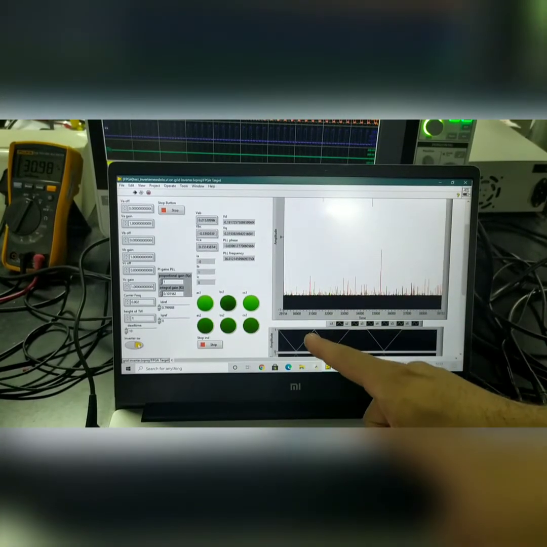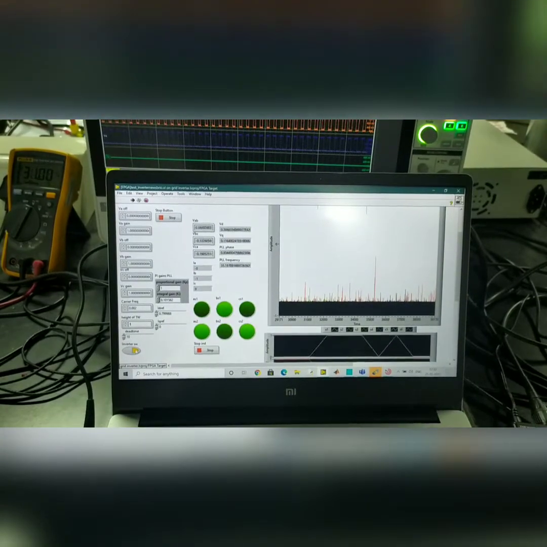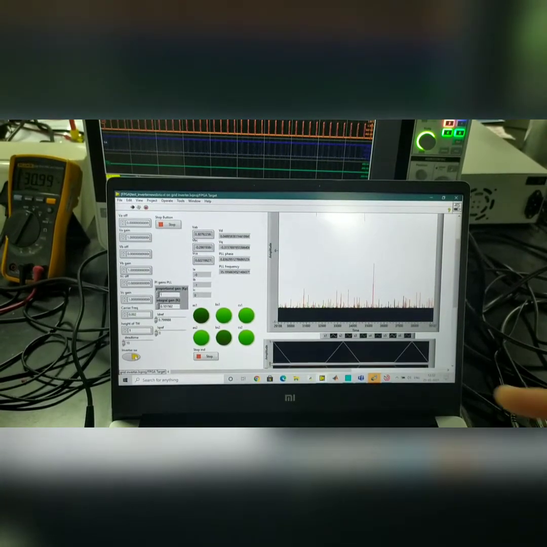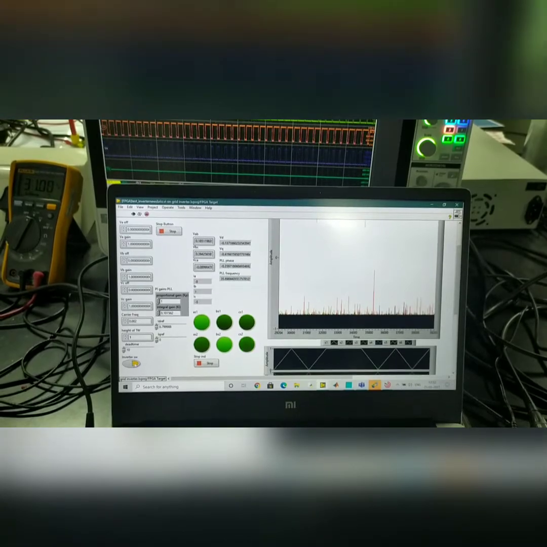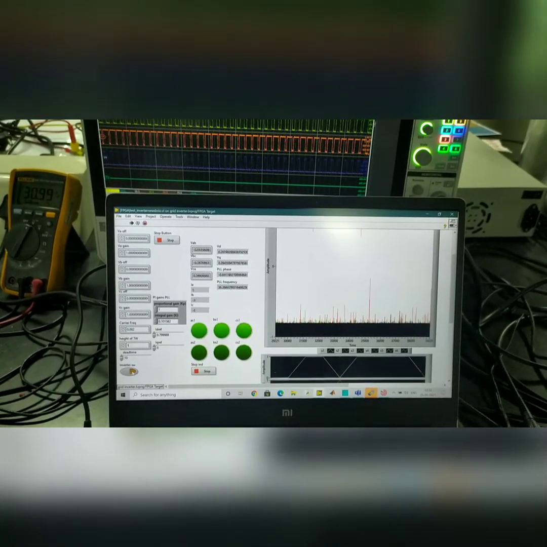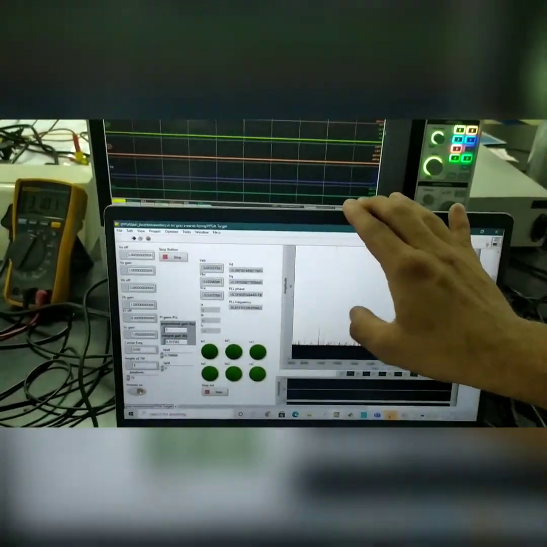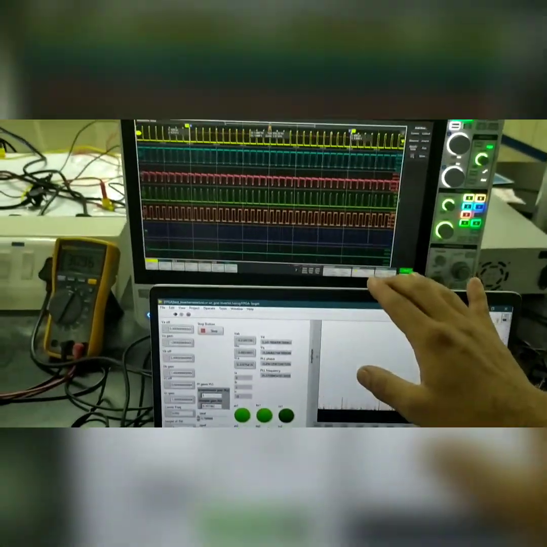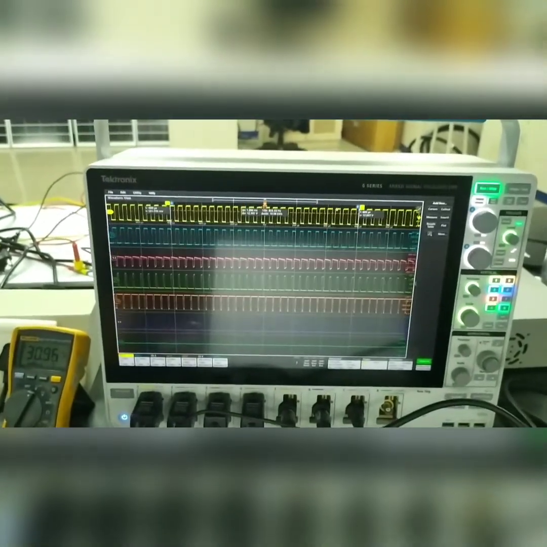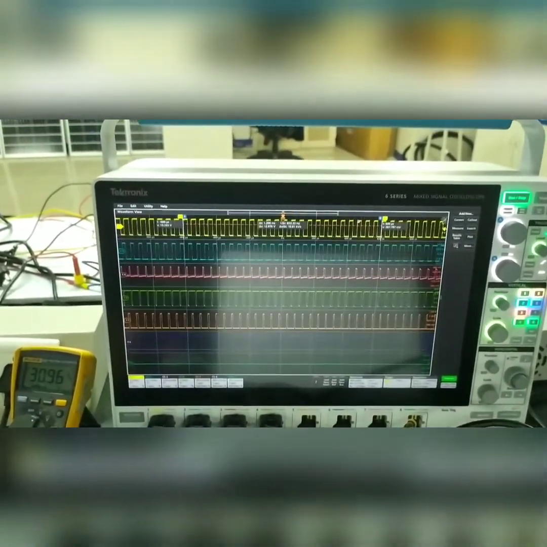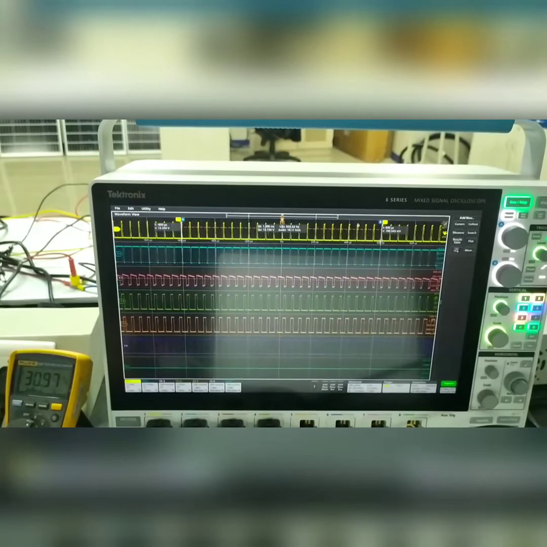This is the front panel of the LabVIEW program, and the entire LabVIEW program will be explained in a later part of this video. By switching on the Boolean switch in the LabVIEW front panel, the SPWM pulses for each switch will be given. So in this 8-channel CRO, you can visualize the 6 pulses which are going to the individual switches of